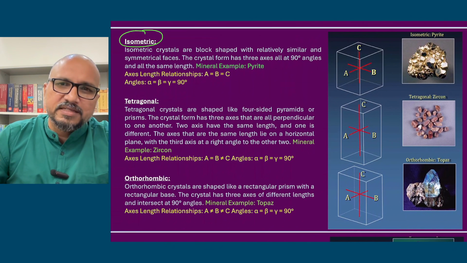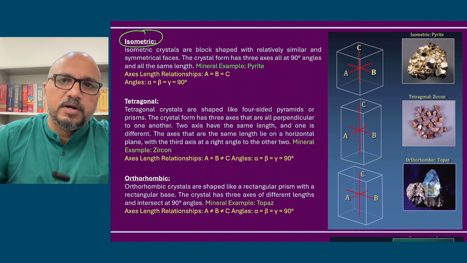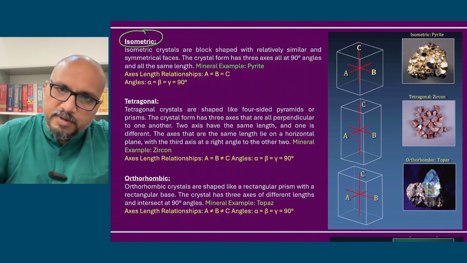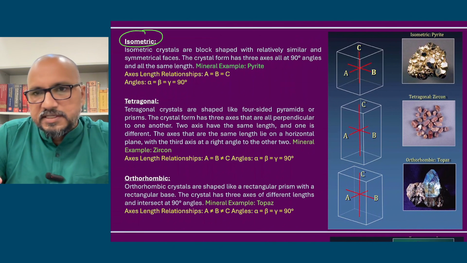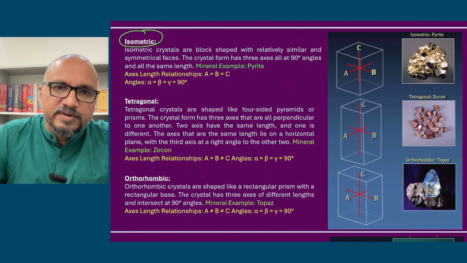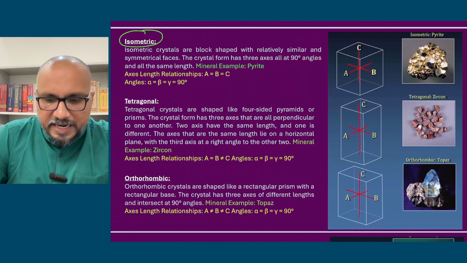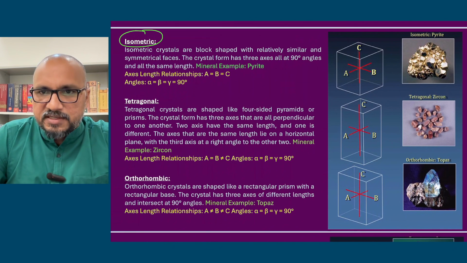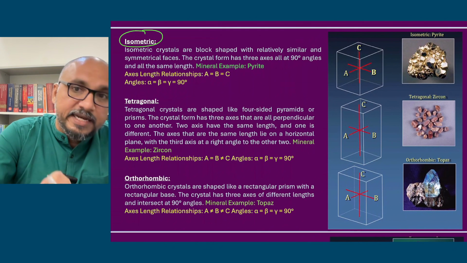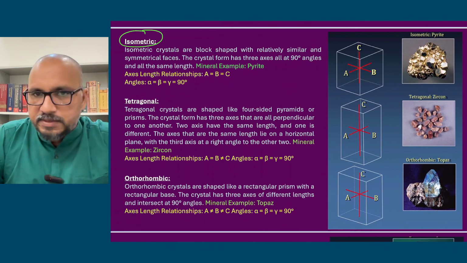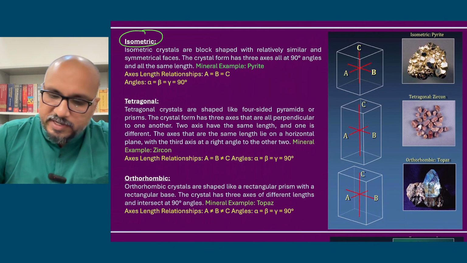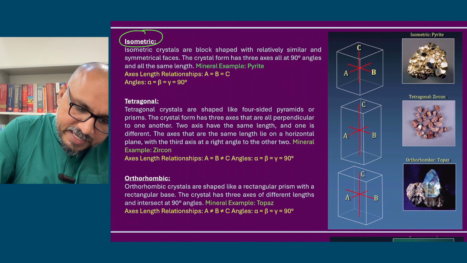About these crystallographic axis we will discuss in depth later on in the coming videos. But for now, just imagine these are three axes that pass through the center of an ideal crystal. Okay, and the relationship between these axes, this is the most fundamental thing that you have to write at the beginning of your answer regarding the symmetry elements. Okay, so in isometric system, the ABC crystallographic axis, so your ABC axis,